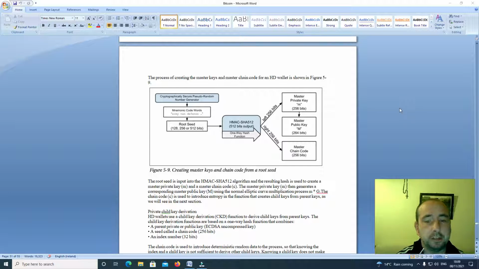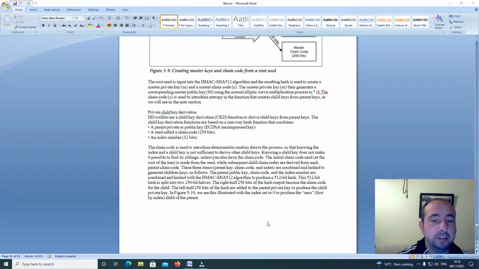The process of creating the master keys and the master chain code from an HD wallet is shown in figure 5.9. So you can see here: cryptographically secure pseudo random number generator, mnemonic code words, root seed 128, 256, 512 bits, HMAC SHA 512 bits output, one-way hash function, left 256 bits private key M 256 bits, master key M 264 bits, master chain code 256 bits. The root seed is input into the HMAC SHA